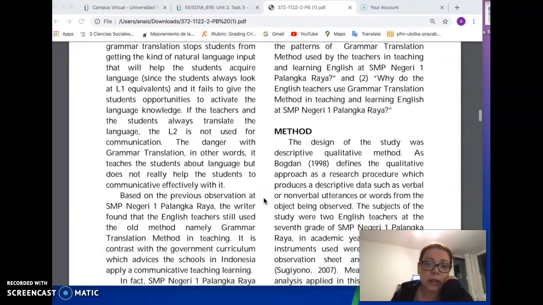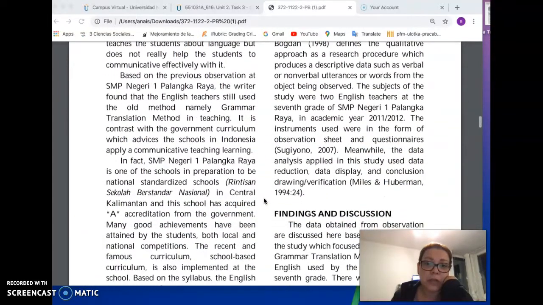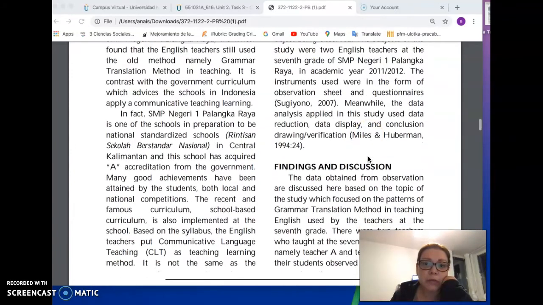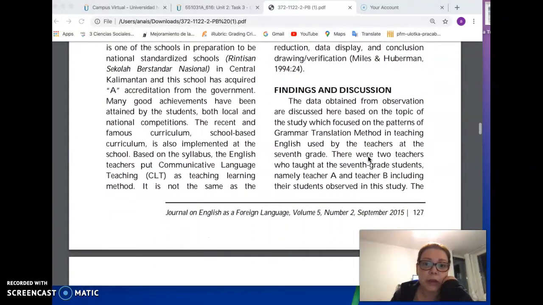And after the interviews, they also decided to analyze the questionnaires, and they drew a conclusion at the end, and they